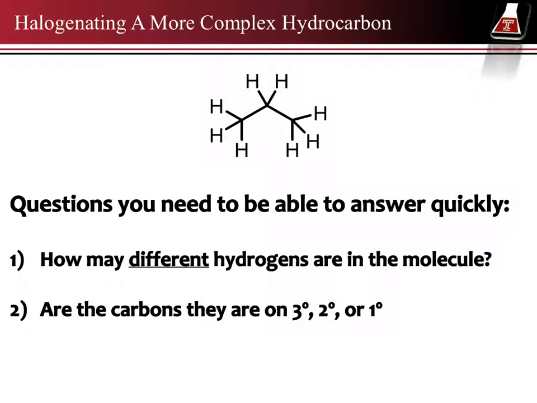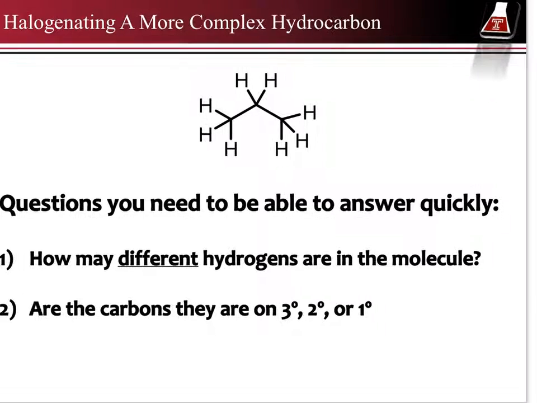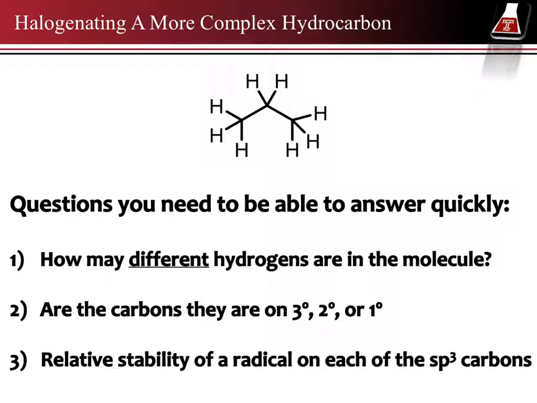The second question that you need to be able to answer, and this should be very rapid fire, is are the carbons that these hydrogens exist on tertiary, secondary, or primary? Okay, and why is that important? Because the third question that you need to be able to address is what are the relative stabilities of all of the possible radicals on all the different carbons from all of the different hydrogens that you could pull off